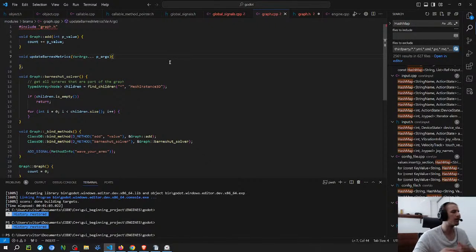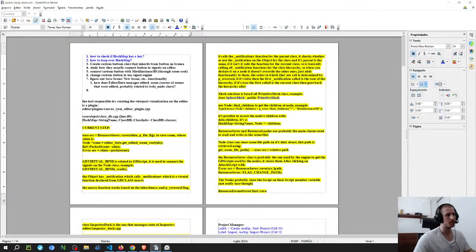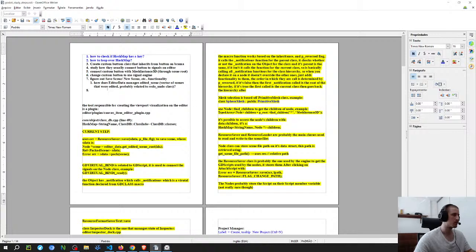So I guess I can. So I have to remember to. Because the thing is, from what I've seen mostly, from the signals I've seen, they mostly pass string names.